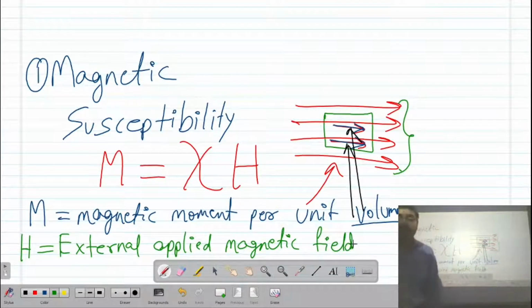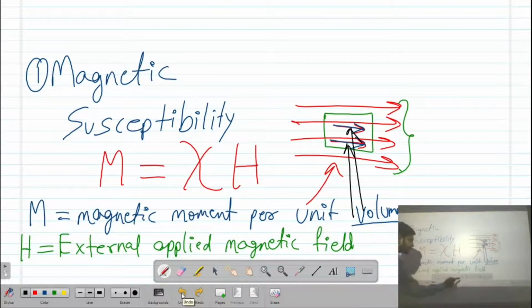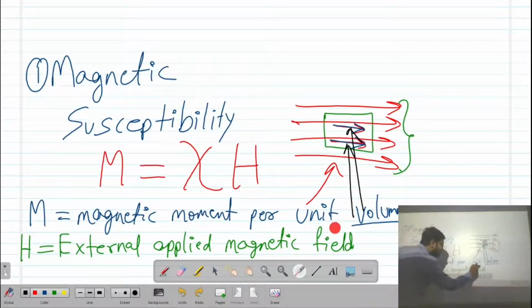So we can have a relation between the magnetic moments and the external magnetic field. The relation is M equals chi H, where M is the magnetic moment per unit volume, and H is the external applied magnetic field.